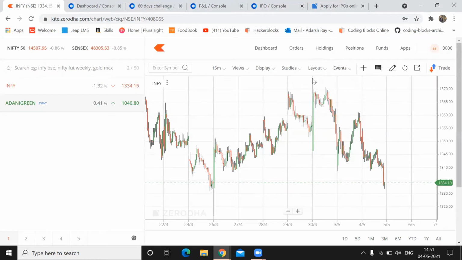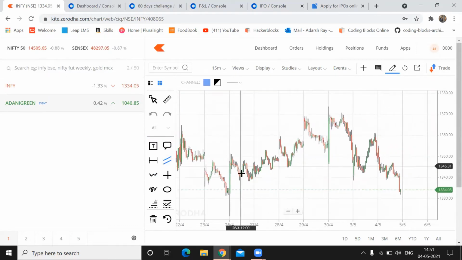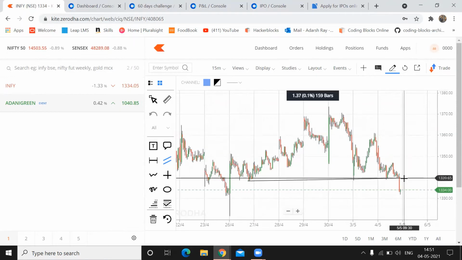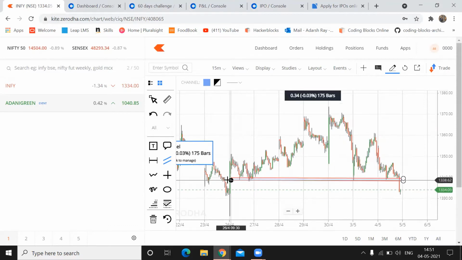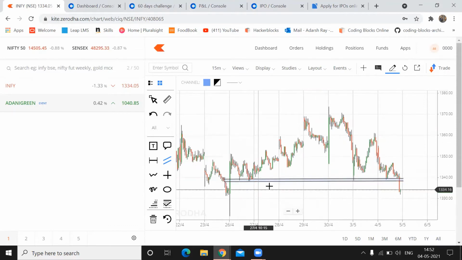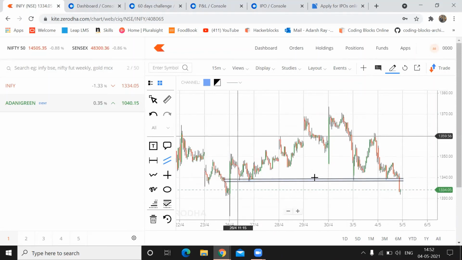Other than this, you can also draw out here. I'll talk about all these, like what is resistance, what is support, and all. Once I talk about them, I'll surely explain them as well. So yeah, something like this. This is a support zone. It constantly keeps on taking support out here. Like this, we draw, we do all these for analysis. This is how you can do chart analysis.